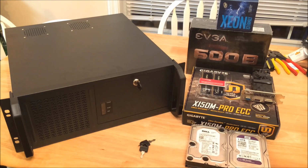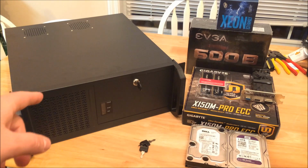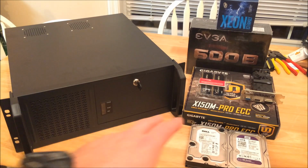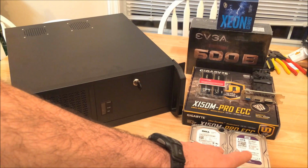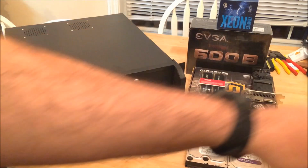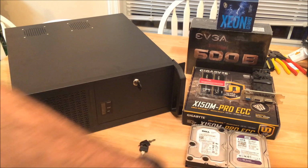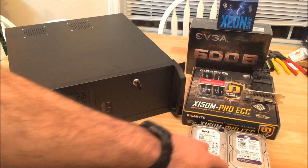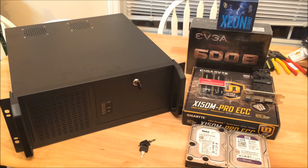This is going to be a home server build that I'm working on using the following parts. Server case is going to be a cheap Logisys CS4801BK server case. It's a 4U case using two 1 terabyte Western Digital hard drives. One's a Western Digital Enterprise drive that I pulled out of this Dell 490. The other one's a Western Digital Purple drive that I got. Those are just the two drives that I'm throwing in there for the time being until I can get